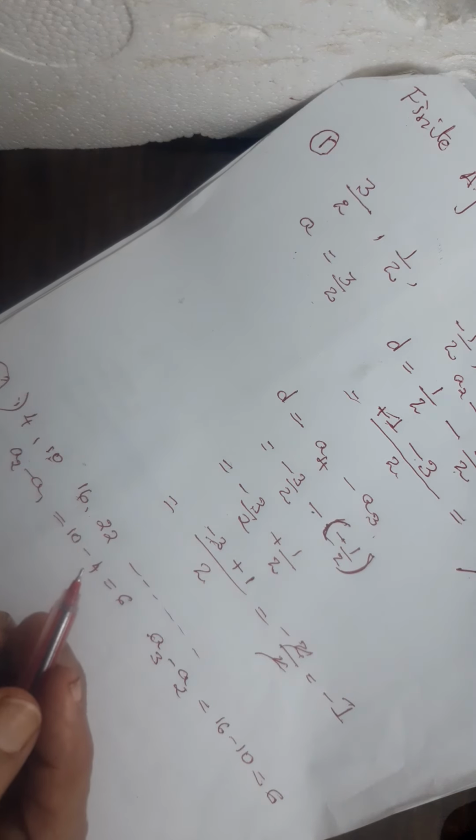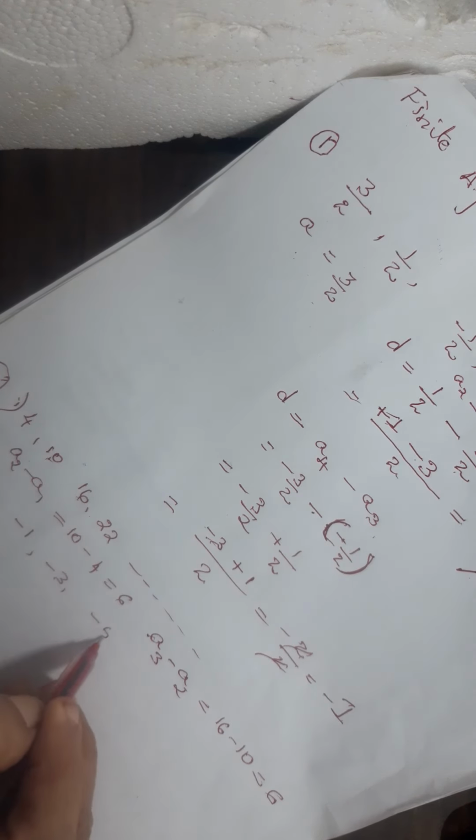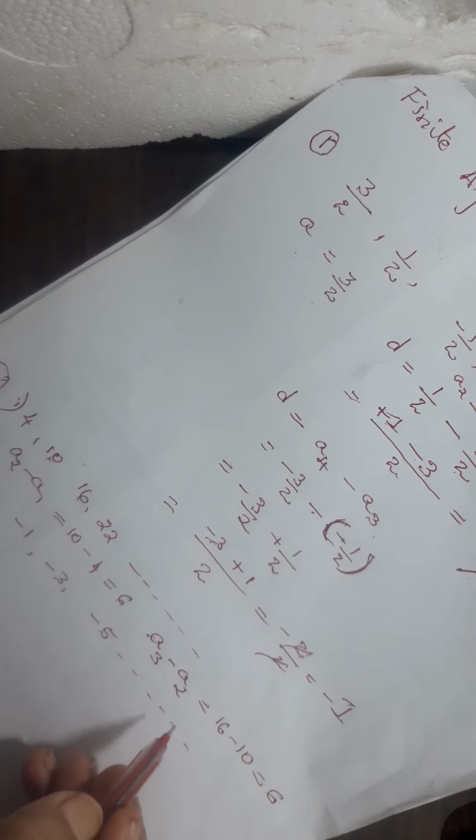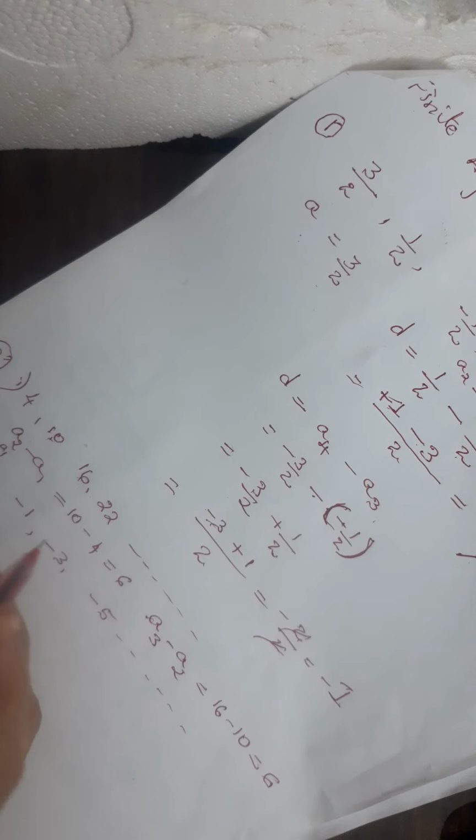Now next is another example they have given you. There are 4 examples there. 1, minus 1, minus 3, minus 5. I think we had seen this before. If you want, we can check once again. Now 1 is the first term. Here A is the first term. A means A1, you know that. Now to check whether there is a common difference or not, that is the thing you should see here.